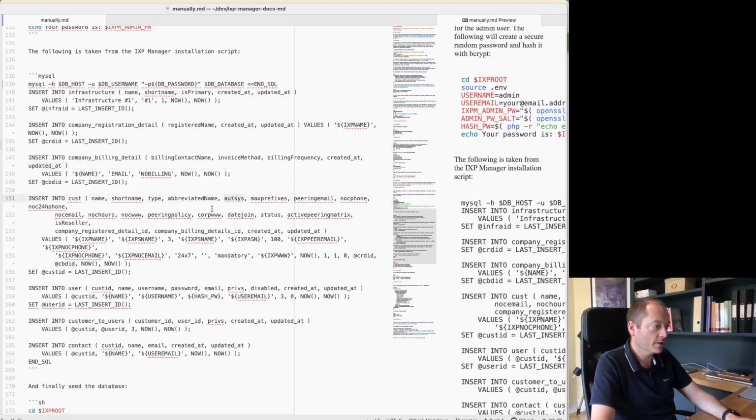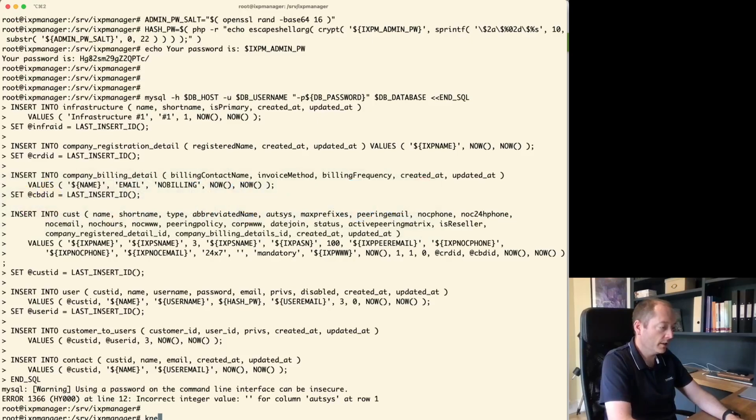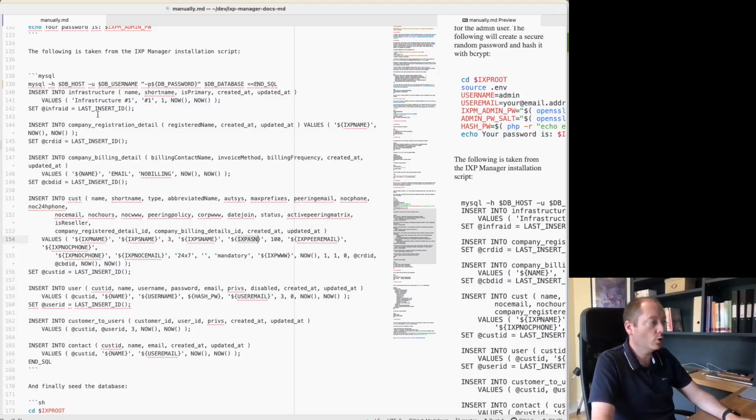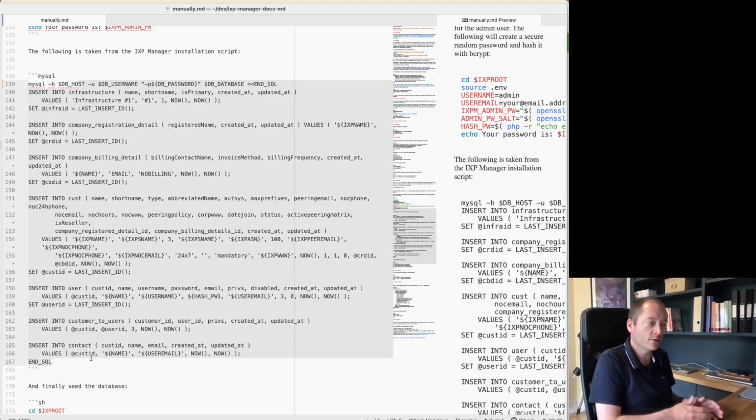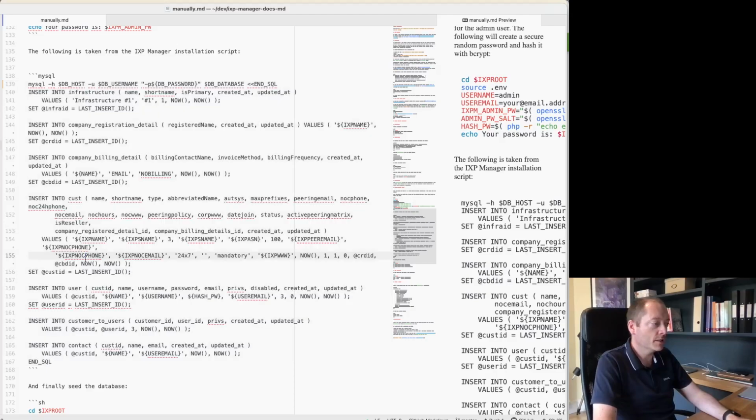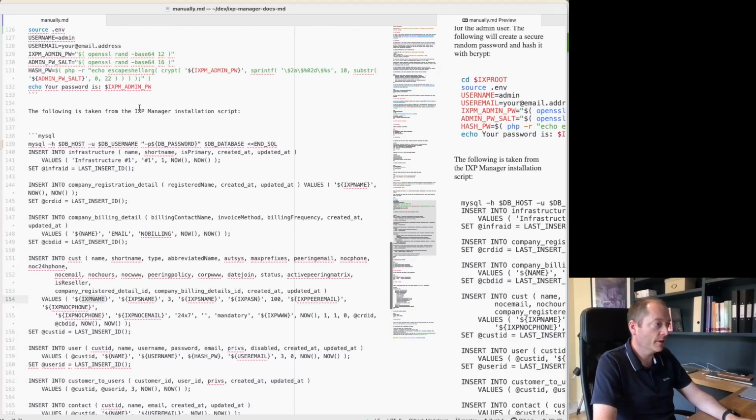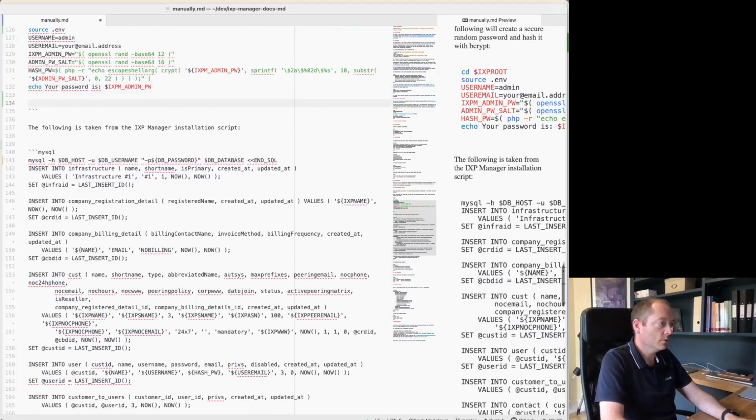What's this is what I missed. So IXP ASN. These parameters that we have here, they don't actually come out of the .env file. This block of code is copied straight out of the automated installer, and in the automated installer we prompt the user for these bits of information. So they're not necessarily coming out of the .env file. So what we might do is